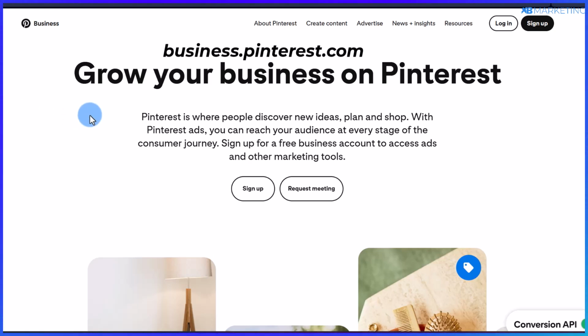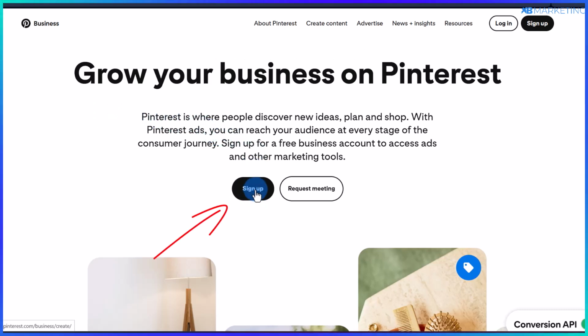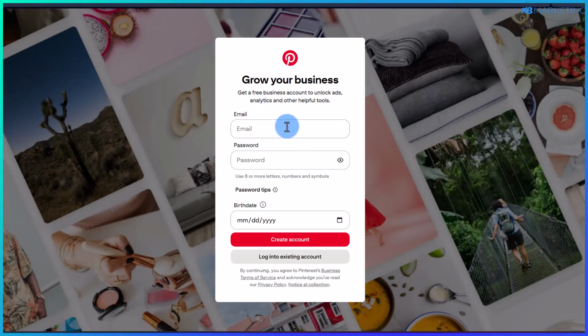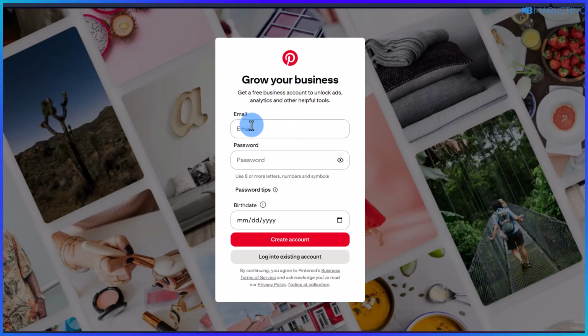All you need to do is to go over to business.pinterest.com and it's going to bring you to this page. And the next thing you want to do is to click on the sign up button. Once you do that, it's going to bring you to this page, just like any other regular website out there. Just enter your basic information like your email, password, date of birth, and that is all you need to create